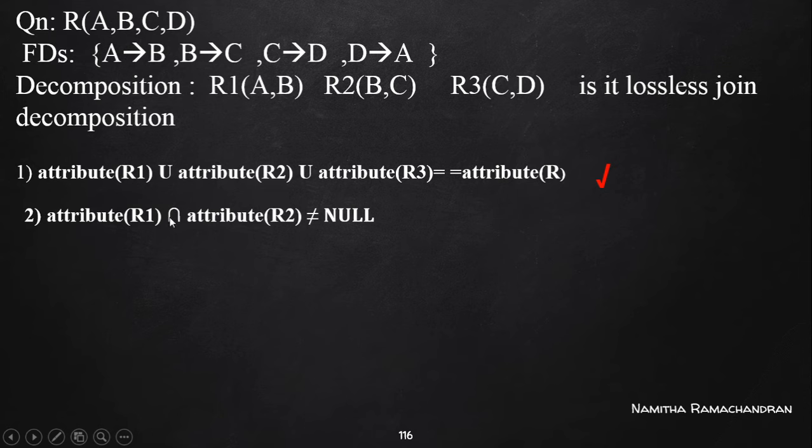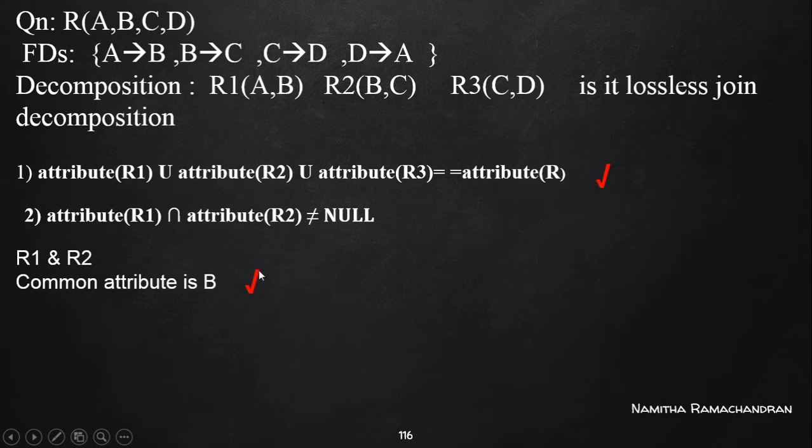Okay, this time we can keep R3 aside. We need to concentrate on R1 and R2 alone now. So condition 2 is valid for R1 and R2. Go for condition 3 over R1 and R2. That means we need to check whether the common attribute B is a candidate key of any of these relations